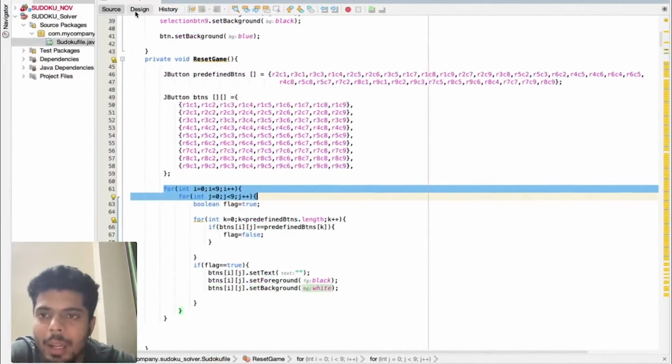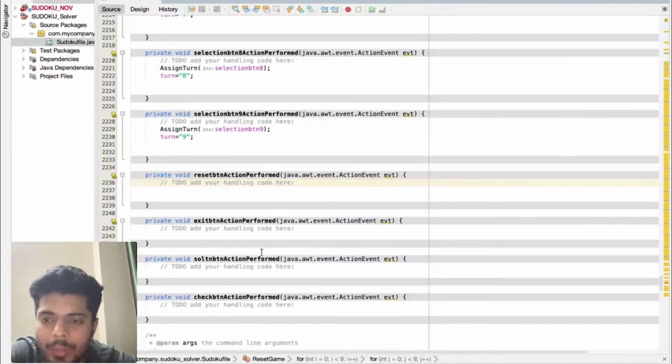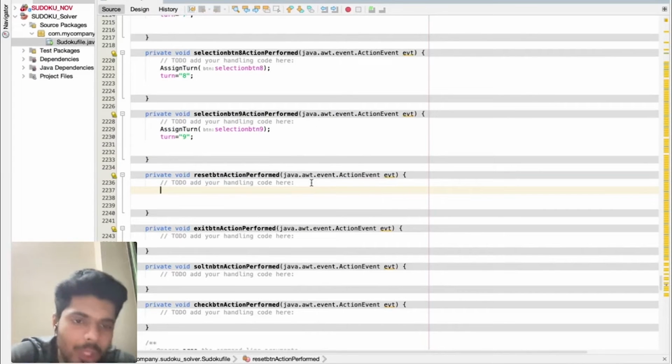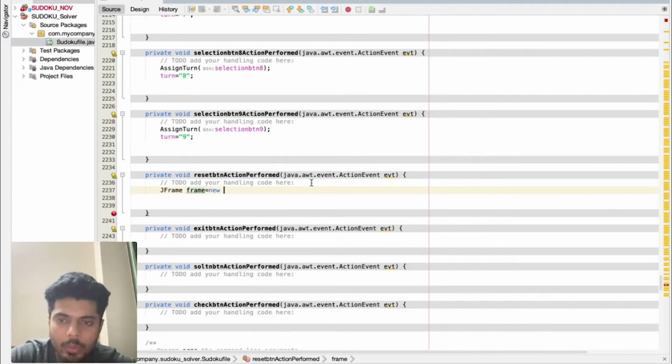Now let's come to the button from here. I told you that we're going to show a warning box first, with the help of JOptionPane. So I'm going to declare a new JFrame here, equals new JFrame, which says reset.